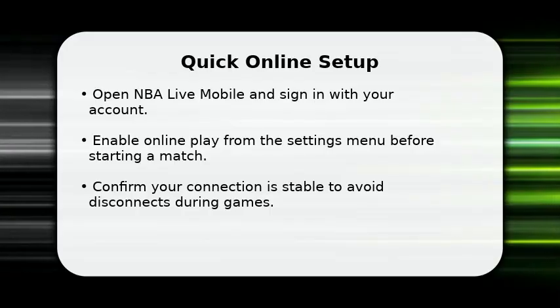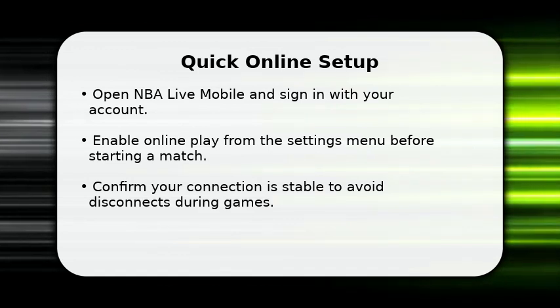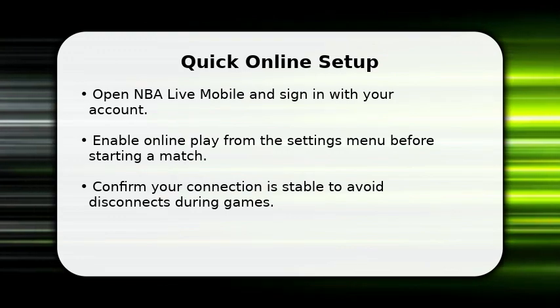In this video, I will show how to play online in NBA Live Mobile. Tap Play, then tap Online Mode to join matches immediately and avoid local-only options. Use a stable Wi-Fi or strong cellular connection and close bandwidth-hog apps to reduce lag. Make sure your app is updated and you are signed into the right account to keep your progress and rewards